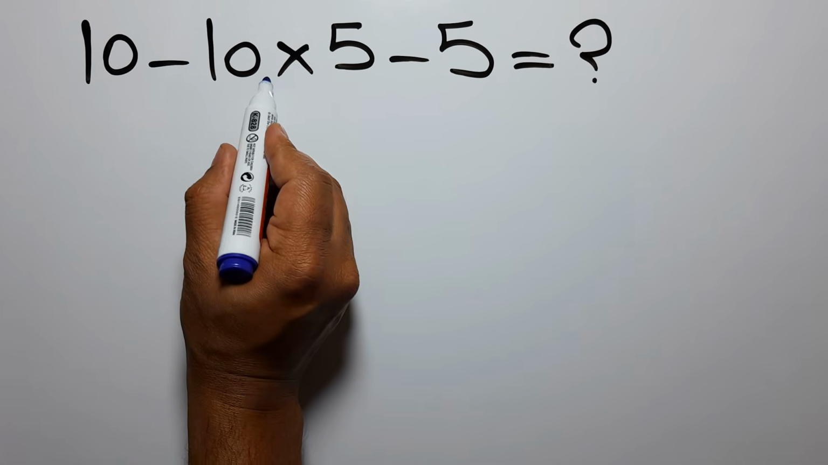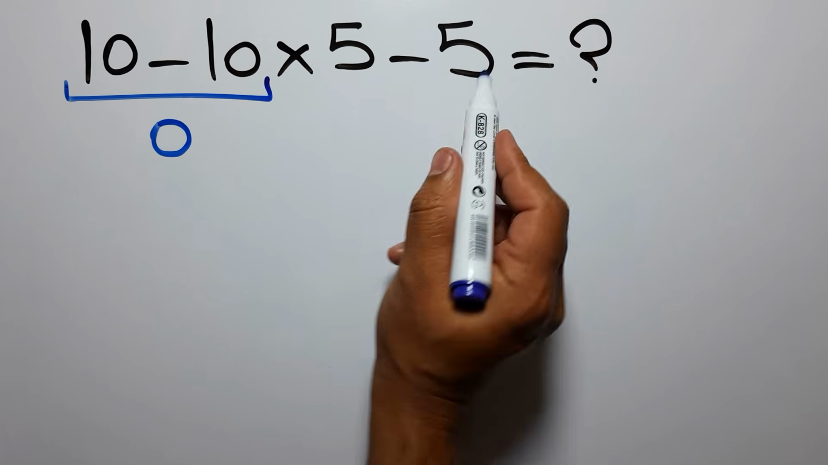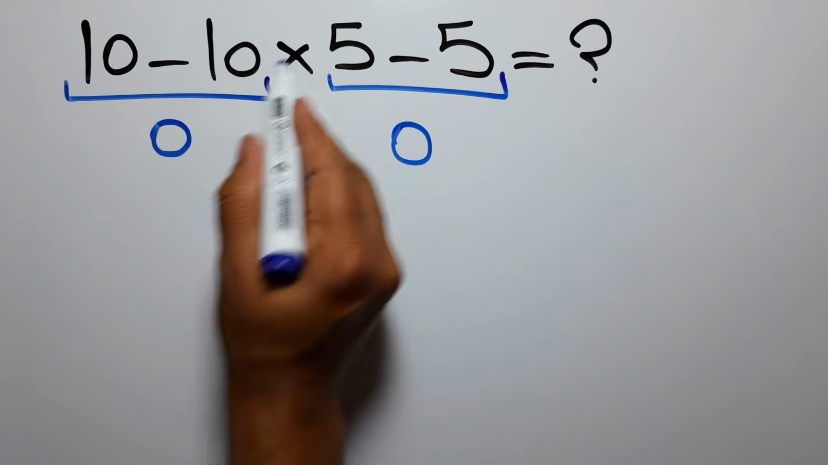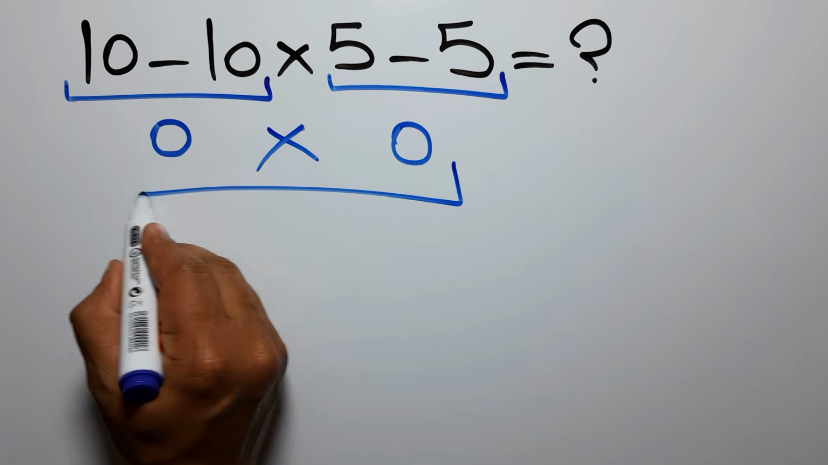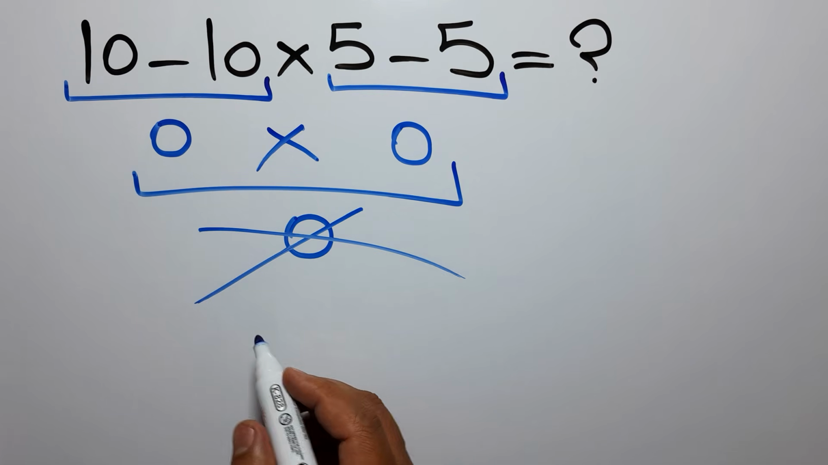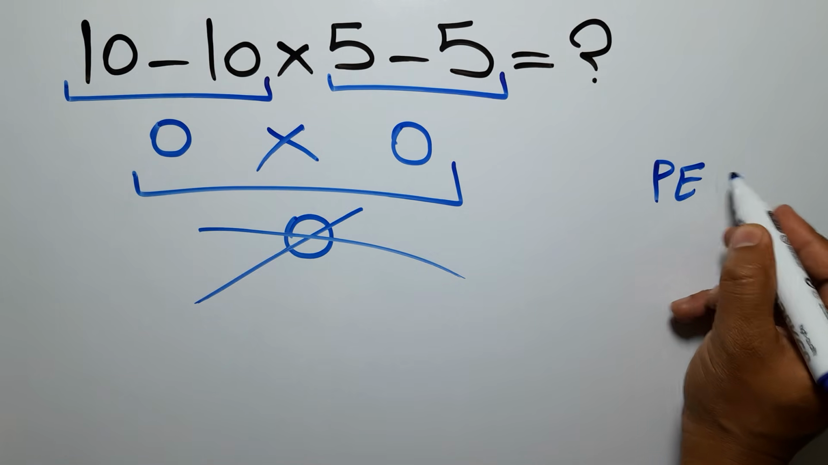10 minus 10 gives us 0. And here we have 5 minus 5, which again equals 0. So 0 times 0 gives us 0. But this answer is not correct, because according to the rule of operations, which is PEMDAS,